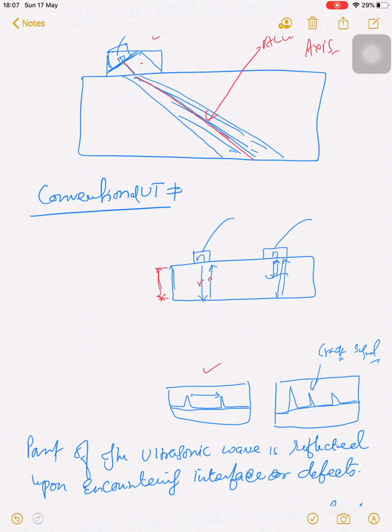If you see, this displays the signal, but if there is a crack or some discontinuity or some defect, then your waves are coming like this and going back, and some of it is reflected, and the rest will transmit to the far end of your object, and then go back. So if you see, this is the crack signal, which comes and goes back, and this is your back echo.